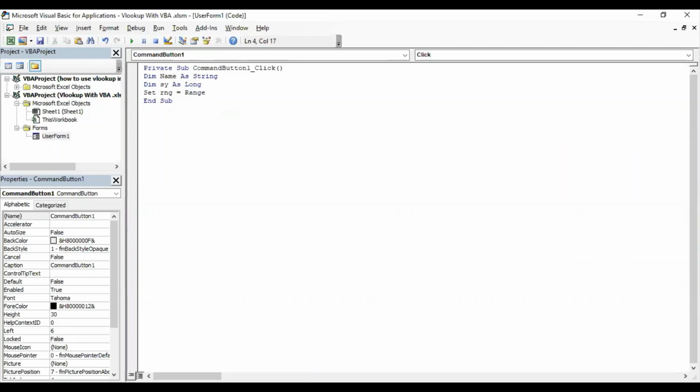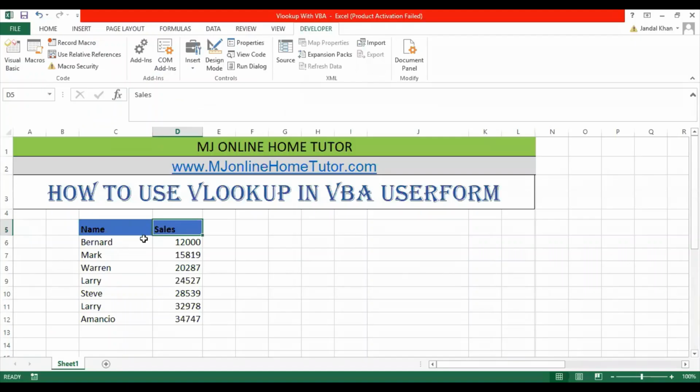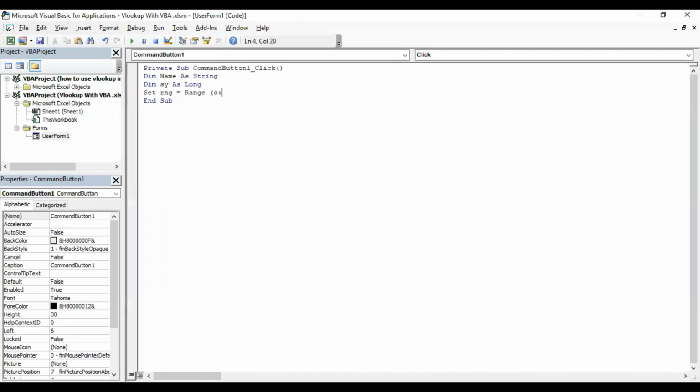We have the data from C to D, so the range will be C to D, and then we need to apply the VLOOKUP formula. So sy is equal to Application dot WorksheetFunction dot VLOOKUP, bracket.